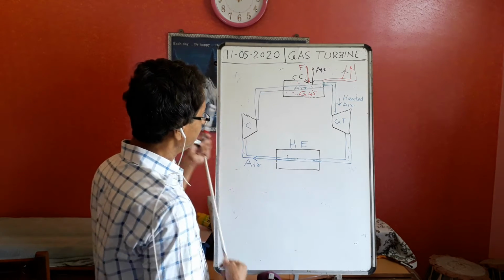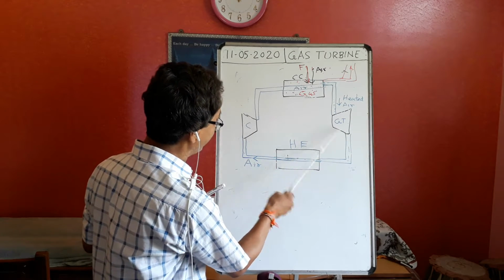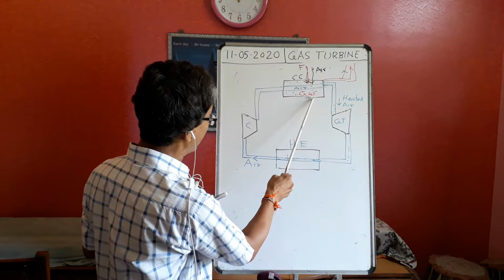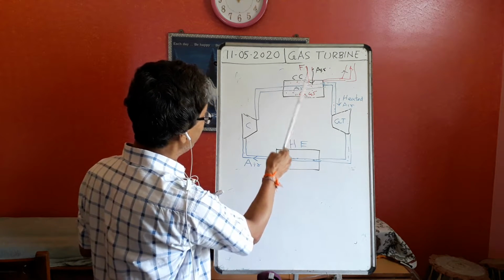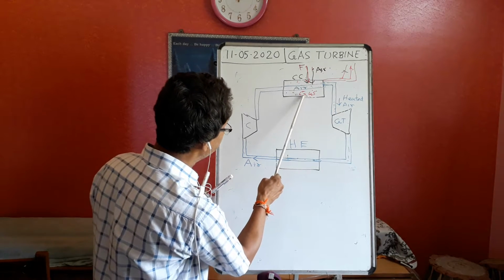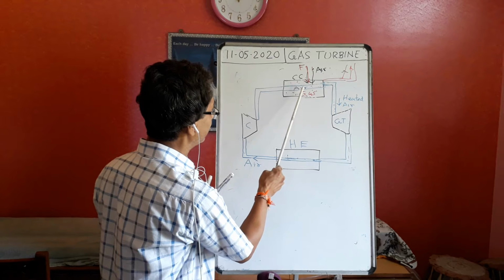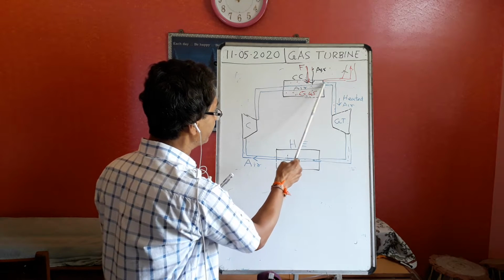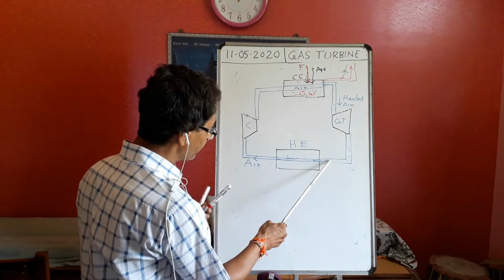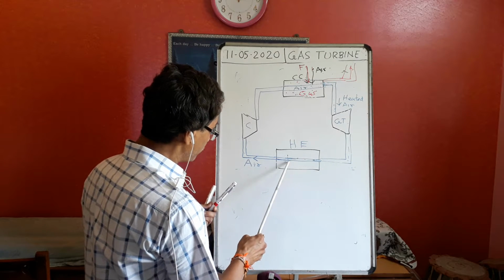So that means here the gas does not flow through the gas turbine. Then what flows? Because there is combustion taking place inside the combustion chamber. How? Because we are giving the air and the fuel, so they produce the gas, and these gases transfer the heat to the air, and this heated air goes inside the gas turbine. Then it goes to the heat exchanger.